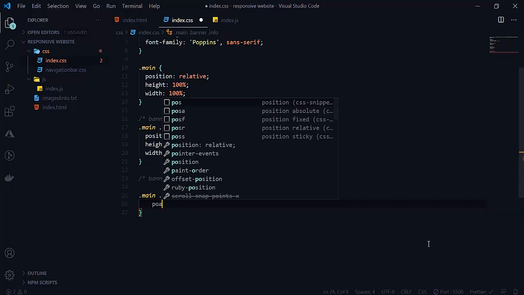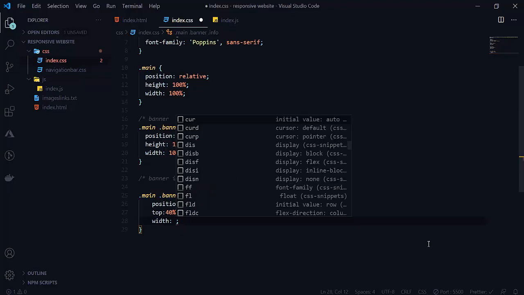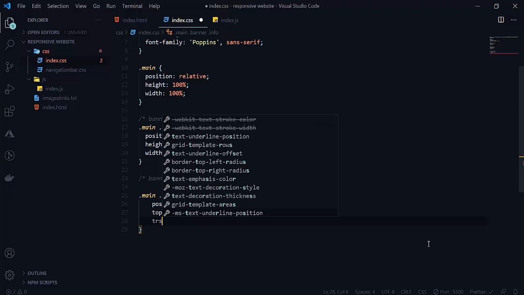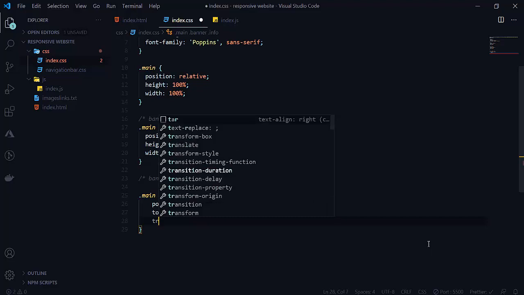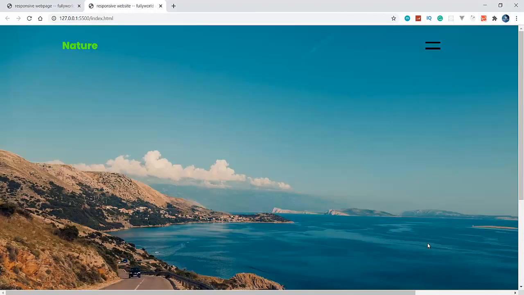Its position will be absolute, and top will be 40%. Then we need to transform this, translate, for y there will be minus 40%. Save this. See that now we are at the bottom, but the image is full here, don't worry.